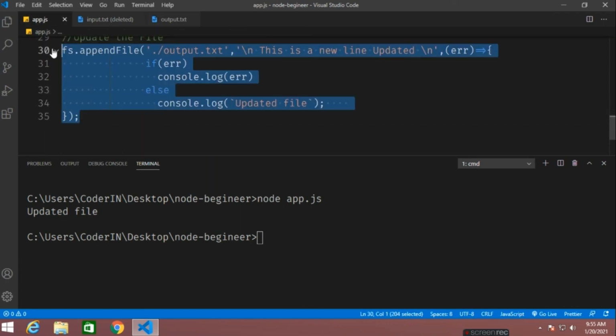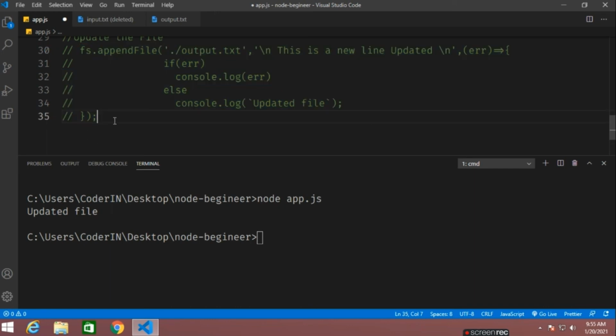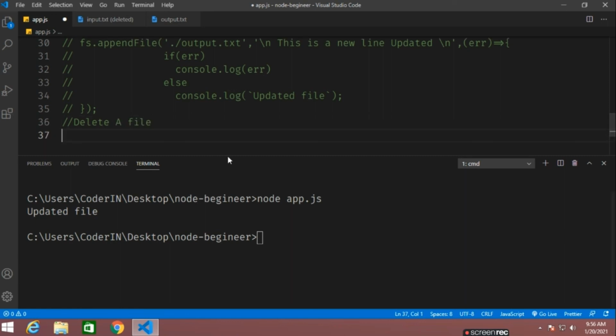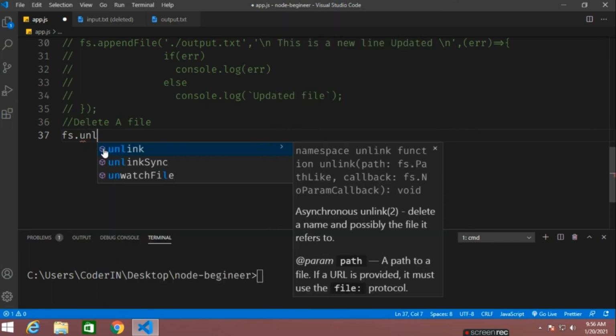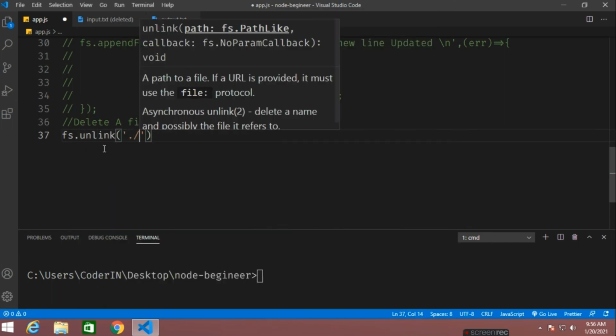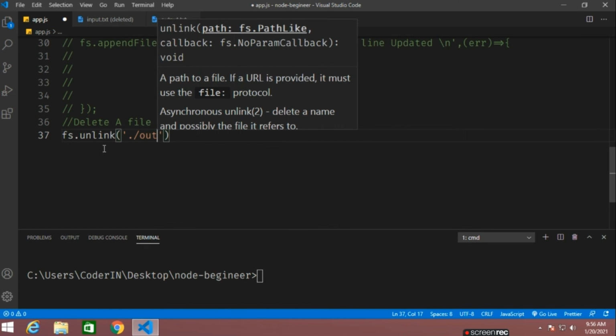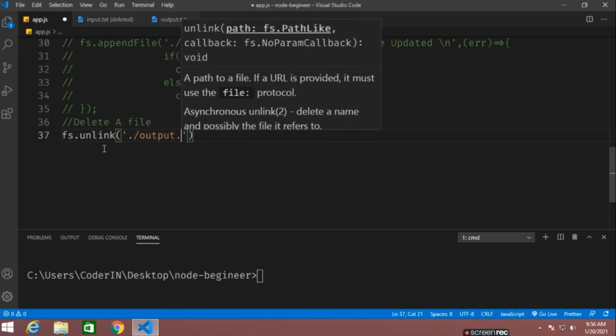So create, read and update have been done, only the delete operation is left. The delete operation in Node.js is quite easy. You just need to use the command fs.unlink. This is the main command. What you want to unlink, that is output.txt. You want to unlink that particular output.txt.